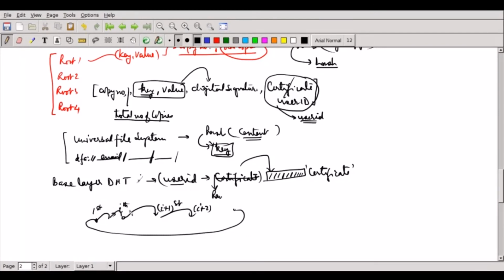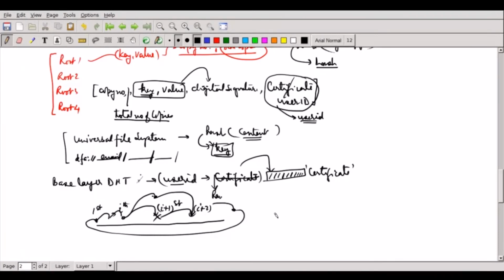So even if some node is lost, it will find some other node, which in turn gets connected to this. This is a new root node, the i plus first root node, which will be the existing one. A larger number of copies can be used for extremely high reliability, depending on your application requirement. In Brihaspati, we are going with only 2 as of now, but if you require, you can have higher also.